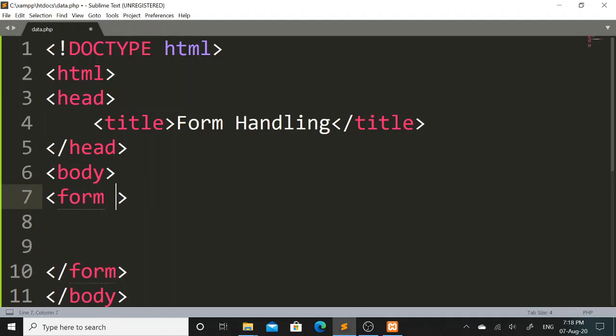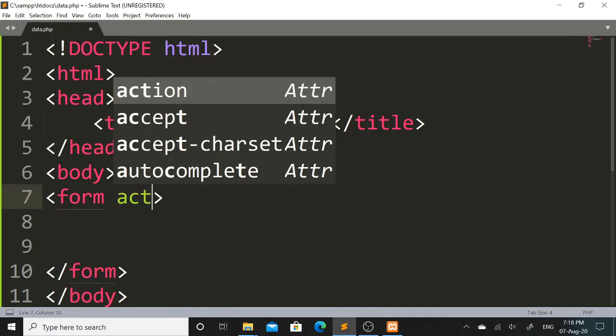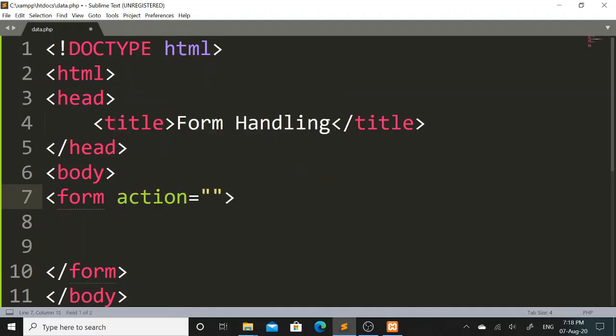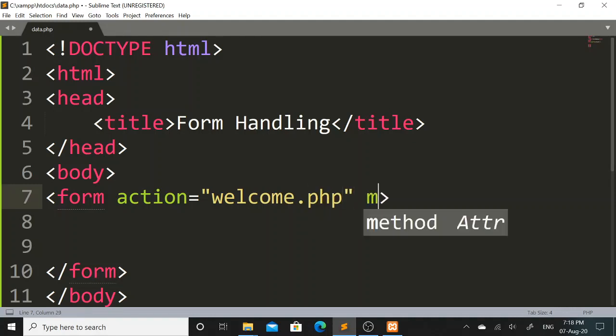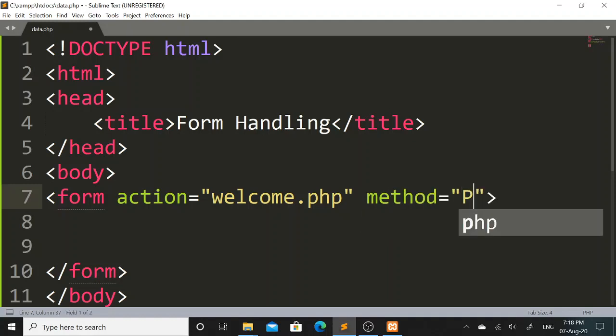Now in this form tag I will mention one attribute, that is the action attribute, and in this action attribute I will pass one name which is welcome.php. Then I will take the help of the method attribute, and in this method attribute I will mention the post method.